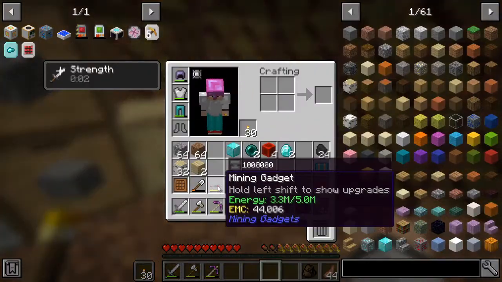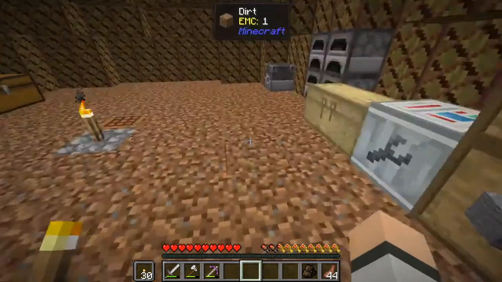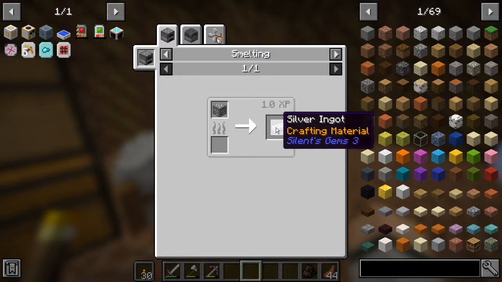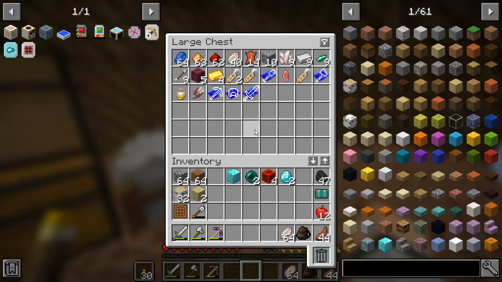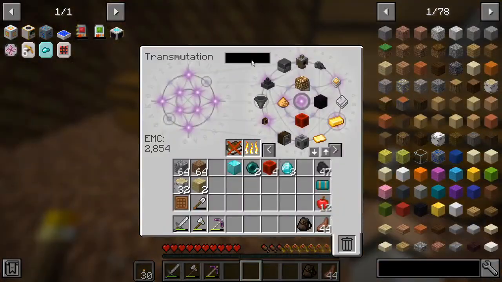Oh, right. You know what I just thought? I should really quick charge this up and then burn the charging station. This has a relatively high EMC. I think I should also EMC the Chaos Essence, I guess. Now I've gotten out 3 diamonds. That means I have the ability to get,